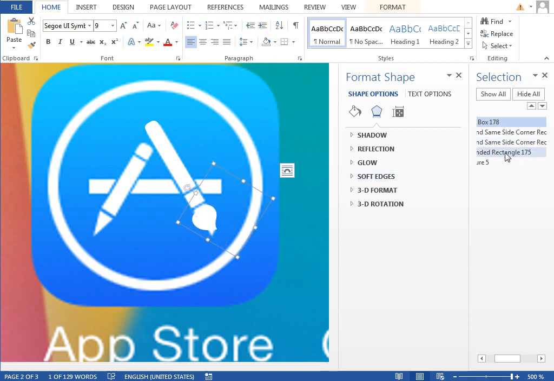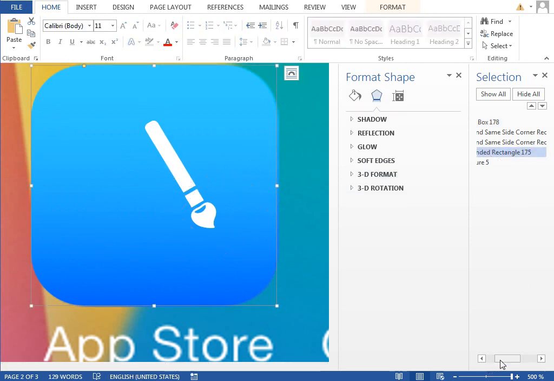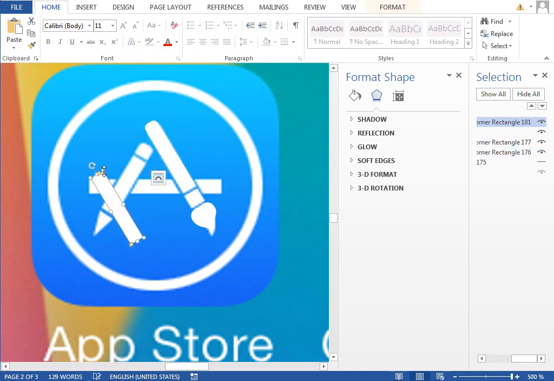We can show this round rectangle for a while, so we can tweak the rotation and the position better, like this. Okay, I think this is just fine for the brush, so we will hide this rectangle and continue with the pencil icon. We will use the same technique because this side is also rounded, so we will copy paste this shape, rotate it like this,